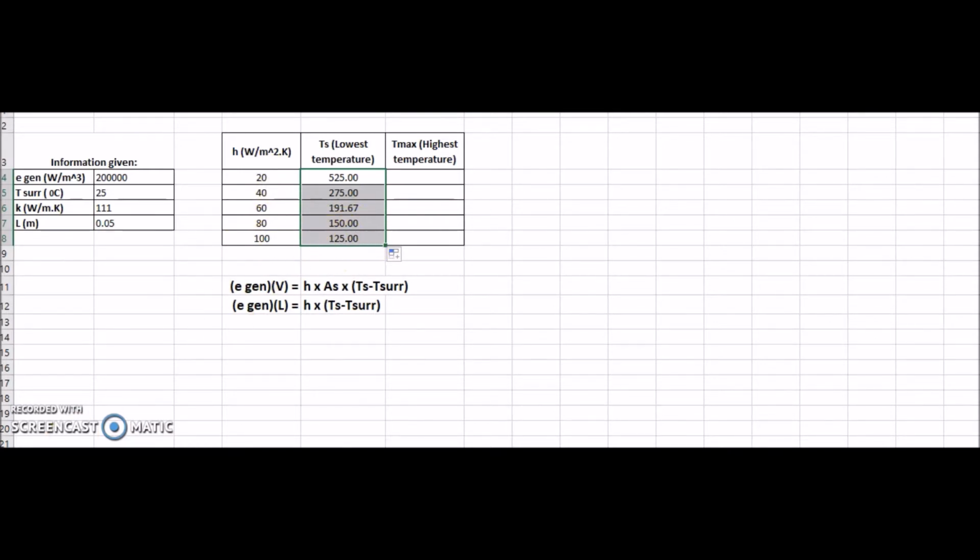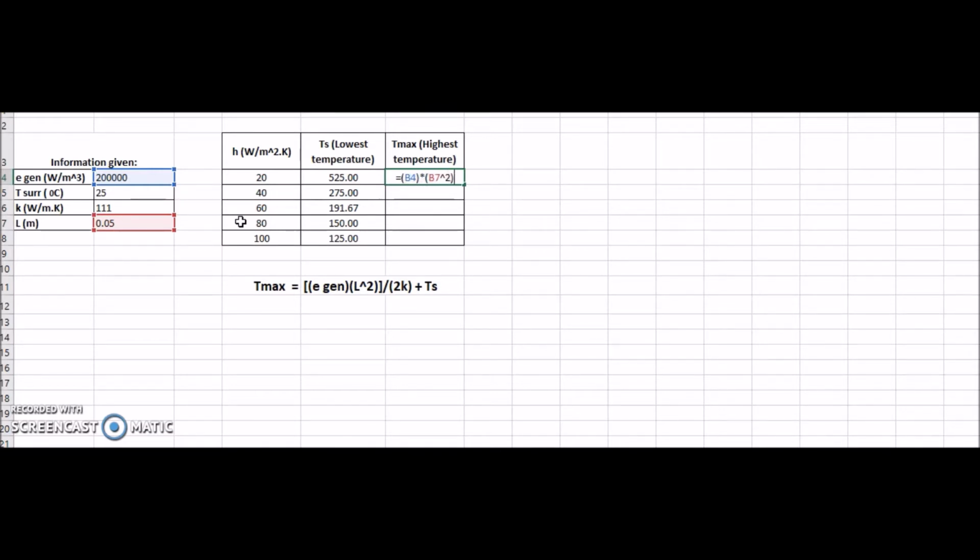Whereas to find the T maximum, which is the highest temperature, this is the formula that you would be using, according to page 106 in the Heat and Mass Transfer book, equation number 2.73. So this is the equation that we will be using. So we use the same thing to find T max, which is your equal sign followed by a bracket, E generation, multiplied with the L value, to the power of 2,